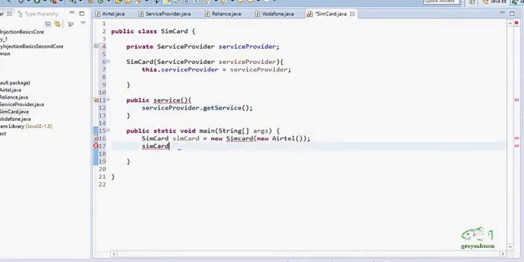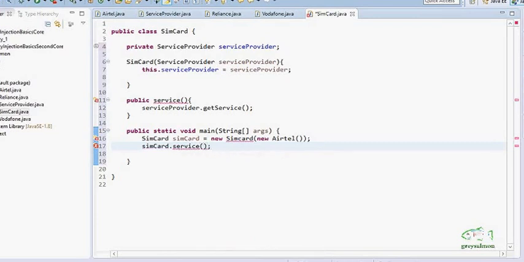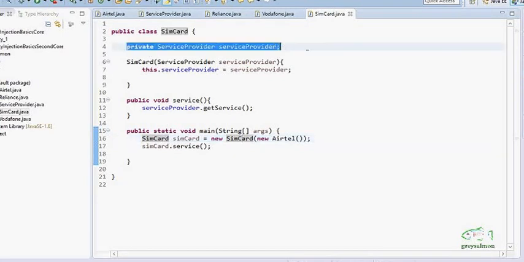Now here SIM card is calling the method that is the service method, public void service. Okay, this should be capital SIM card. Now fine. Now what we have done here, this class SIM card is having a reference of the service provider